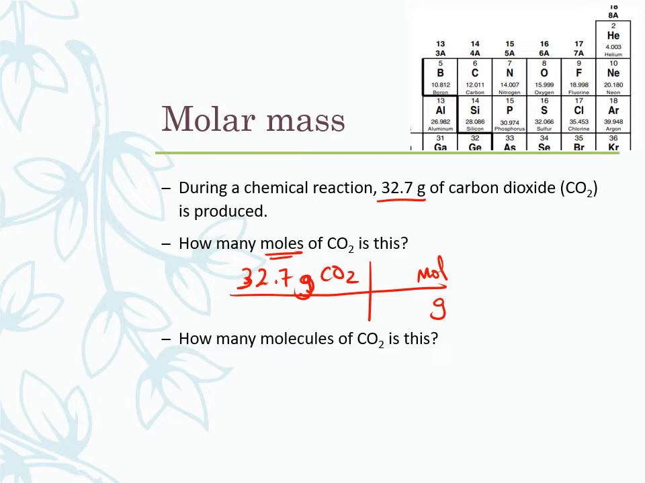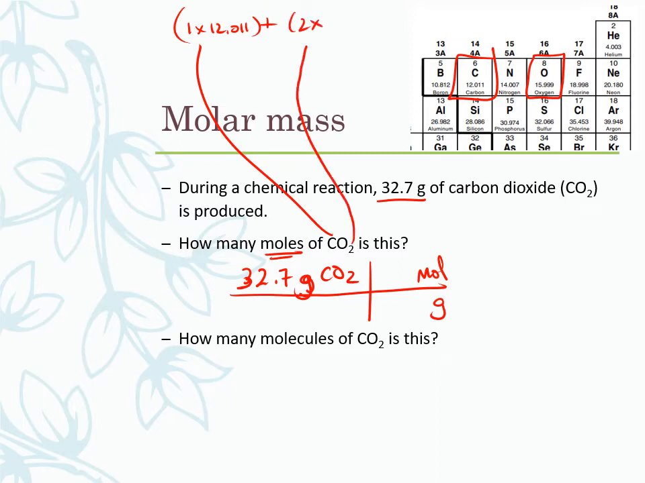So I'm going to go to my periodic table, and I'm going to find carbon is 12.011, and oxygen is 15.999. Carbon, I have one of those, so I'm going to do 1 times 12.011. I'm going to add to that my 2 oxygens, 2 times 15.999. With my calculator, I'm going to do 1 times 12.011, add to that 2 times 15.999, and we get a grand total of